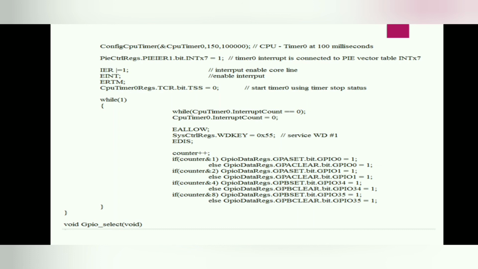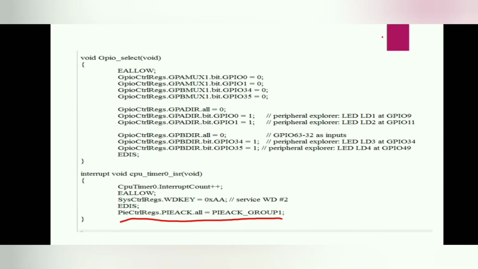So where do we use the good key and valid key? One part of the good key we use in the main program, and the other part we can use in the interrupt service routine. Every time it goes to the main program and comes back to our CPU timer, it won't disable the watchdog, but it helps the watchdog control register from overflowing, and it protects the system, and the code will run successfully.